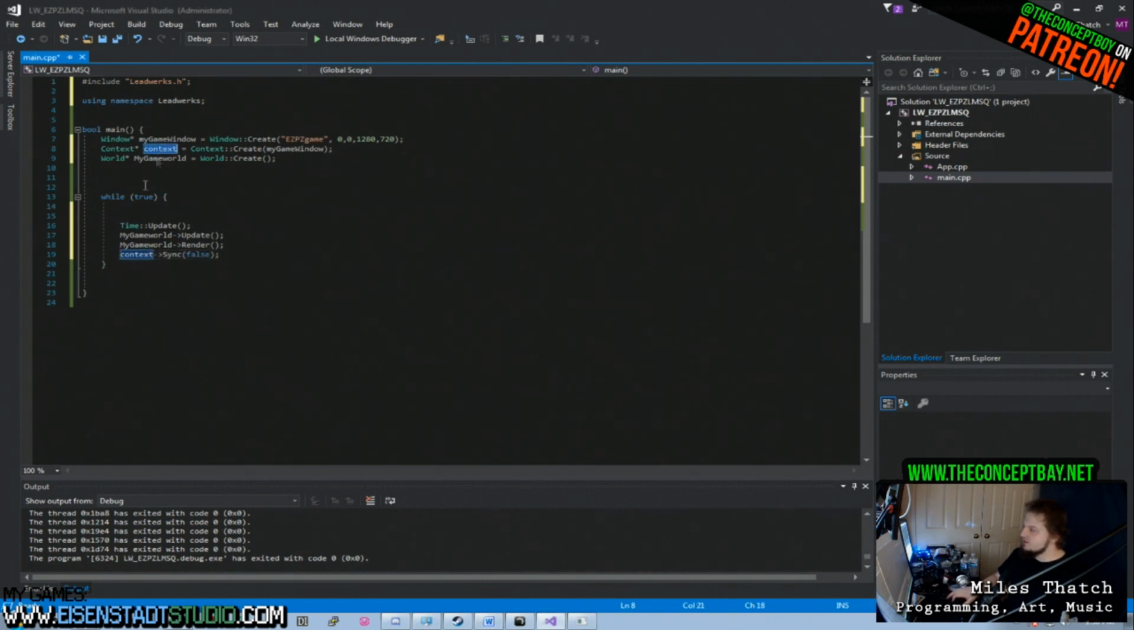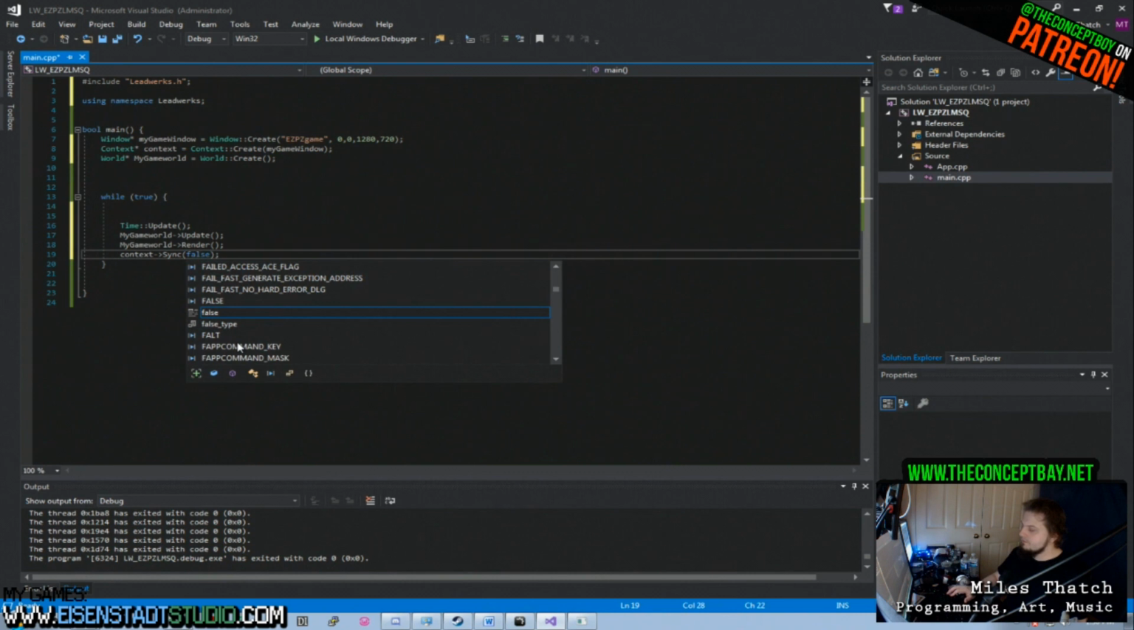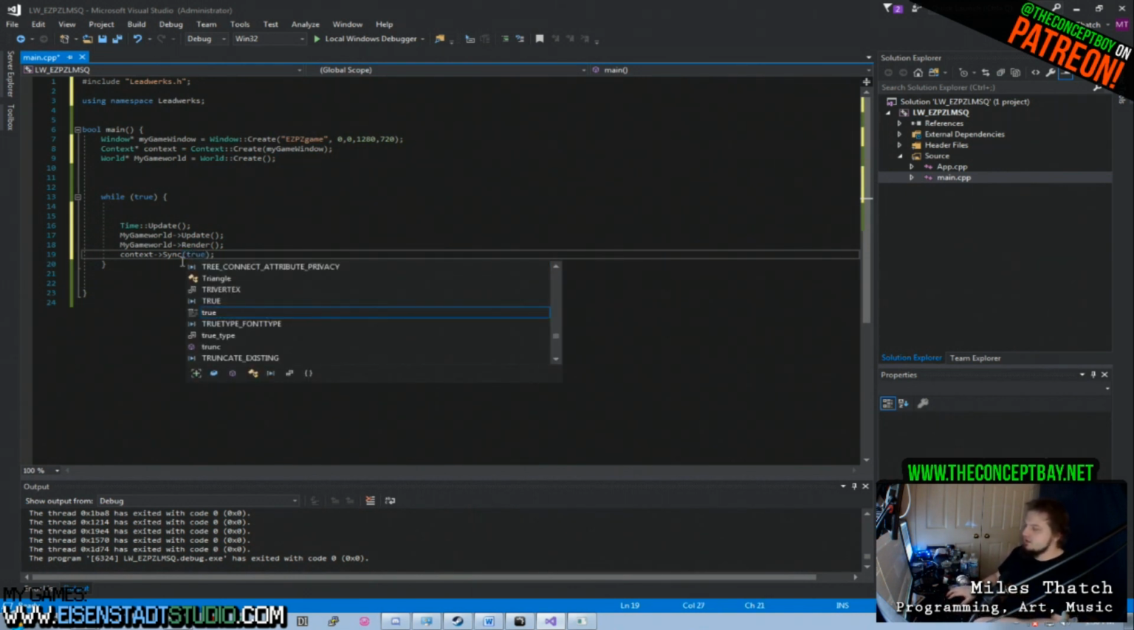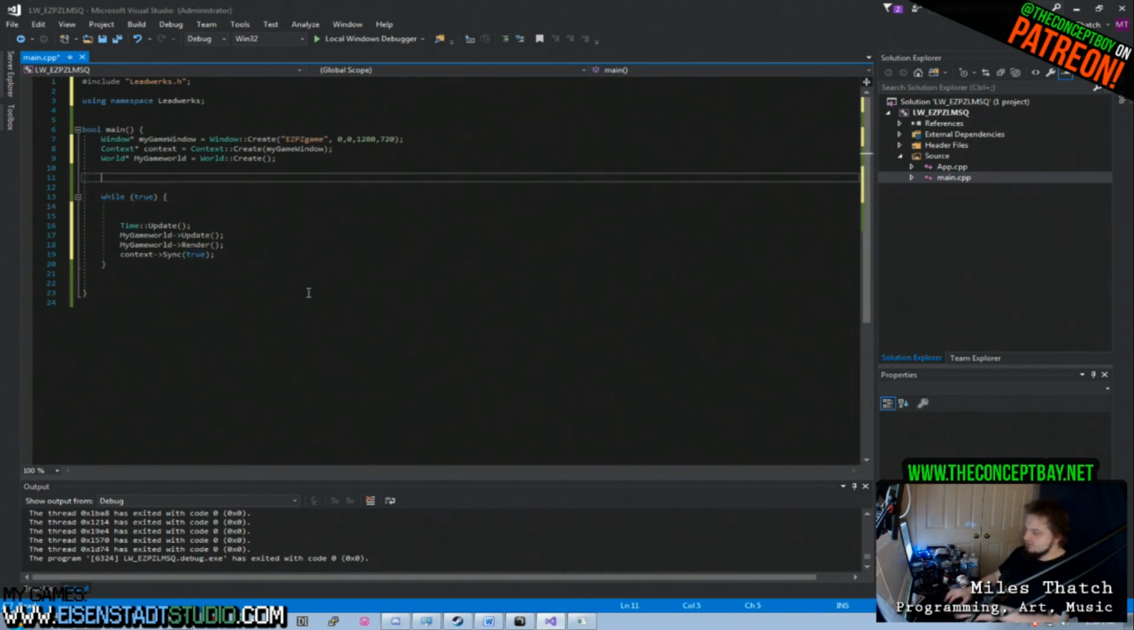So we say context sync, and in here you have an option of putting true or false. And this little feature is basically the vsync or the virtual sync. If you want to prevent tearing on your screen, if you have a monitor that supports vsync, you can enable vsync here. Alternatively, you can make a little user menu in the properties of your game where they can toggle vsync on or off. So for example, you can make a Boolean variable called